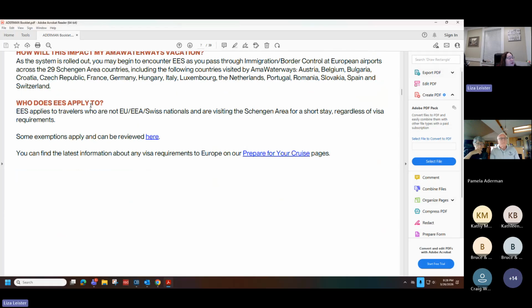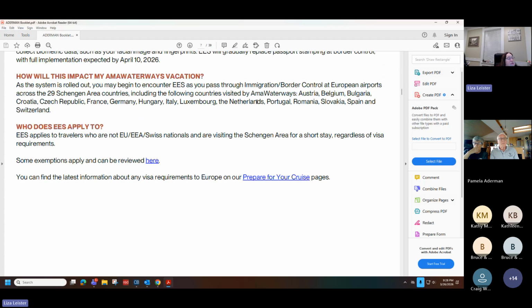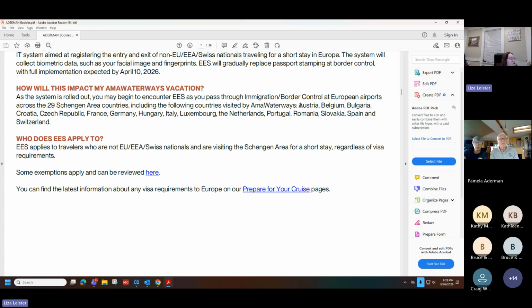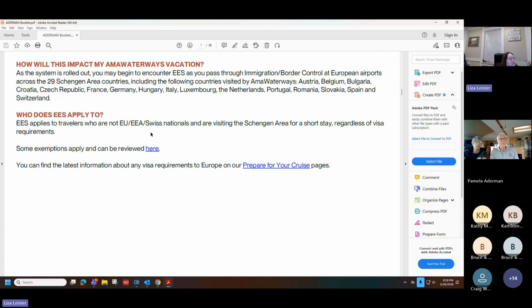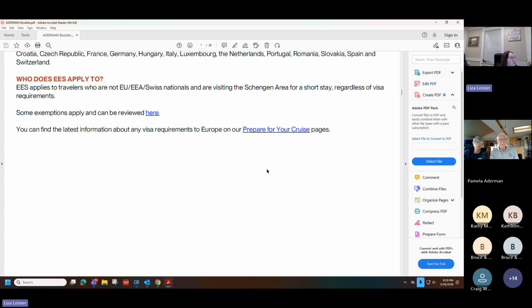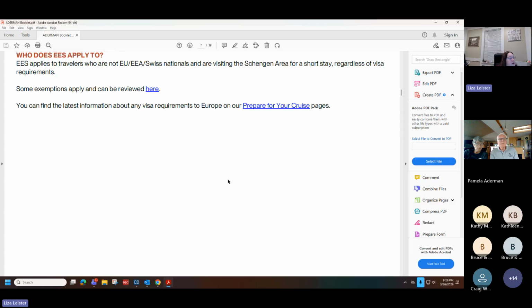The EU visas have not gone into effect where you have to pay for them yet. They're working on it. It might take longer at the airport because different countries might make you do a longer check-in, like facial images, fingerprints, that kind of thing. But so far, there's nothing you've needed to purchase because they keep pushing that part off, because not all the countries are at the same place. So you don't need to worry about the EU visa.